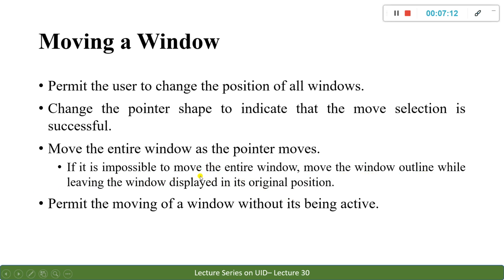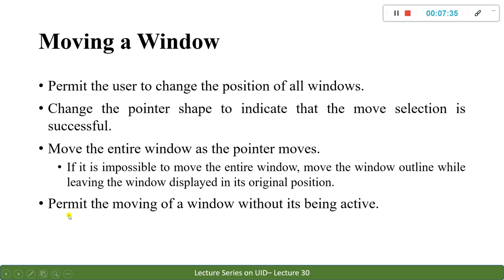This is also one kind of option, but you might face certain problems with it, because you may lose the visibility of the data. Such things might be possible. So just moving an outline is quite problematic, but you can provide that operation.